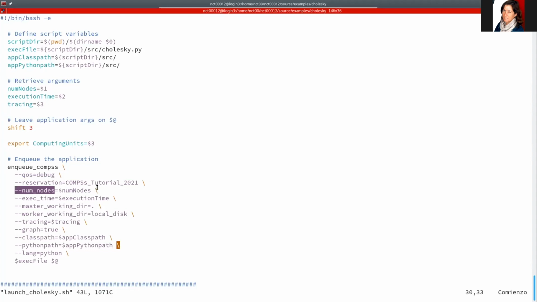For example, we can request 10, 11, or well, in this reservation, there's no more than 10, but we can request the number of nodes that we want for execution. The execution time, which is the wall time, and, for example, we can set the master working directory where the master files are going to be stored at the end of the execution, the worker working directory, which can be